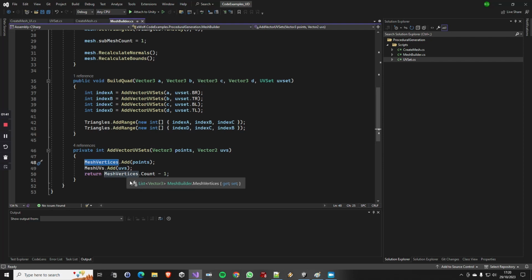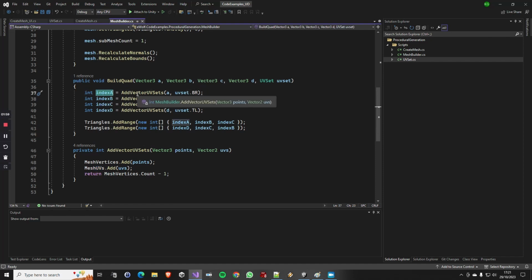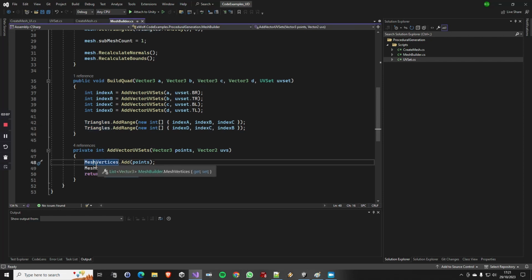And these indexes are used to build up the triangles. So the mesh vertices and mesh UVs are just an array, and they're just a store of points and UVs. When we come back here, we get all our different indexes of what we've added each of these to. We add it to a list of triangles, and the list of triangles goes back and references the mesh vertices and the mesh UVs to understand how to